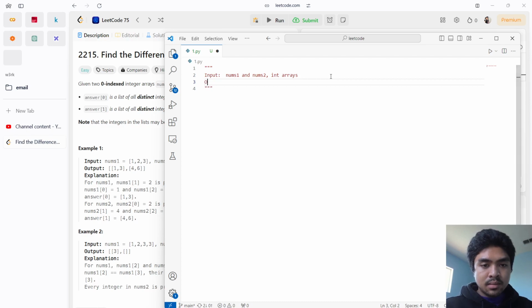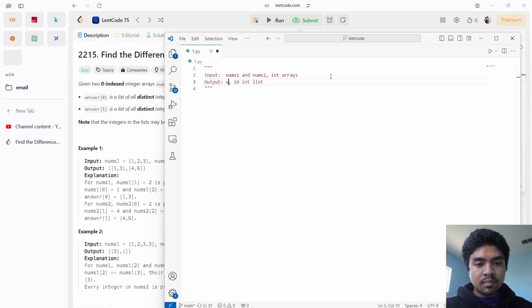And then our output is going to be a 2D integer list. Inside that 2D list are just going to be unique answers, answer 0 and answer 1,